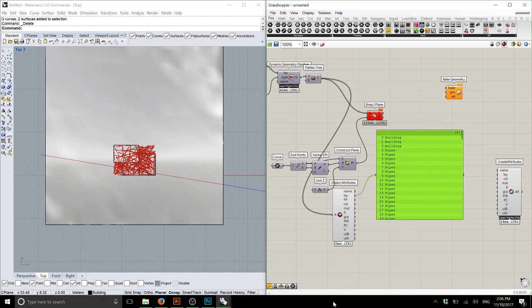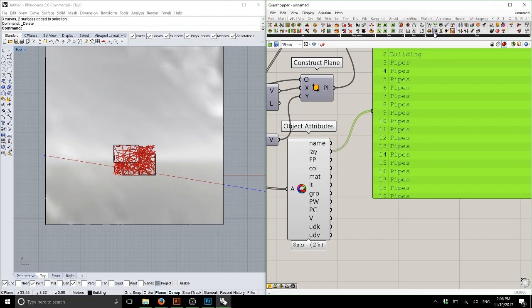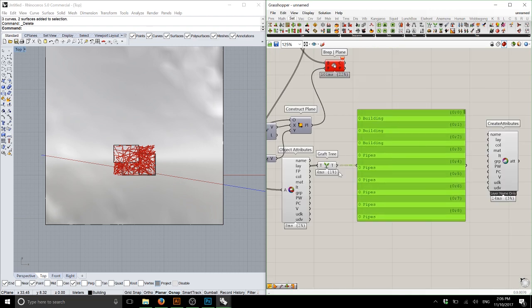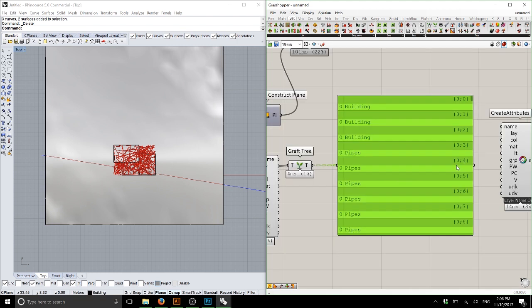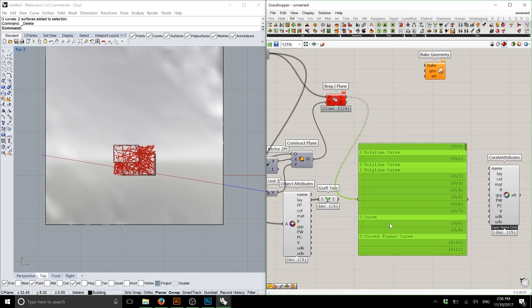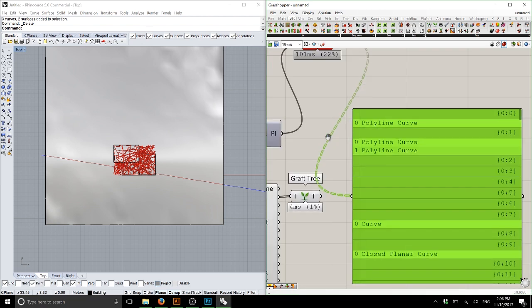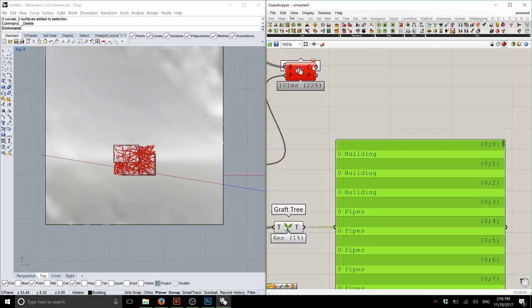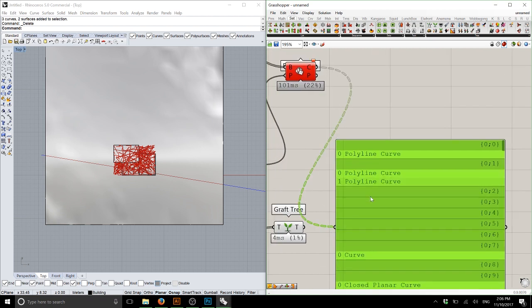The key thing here is if I graft my layers like so, I now have a branch where each layer relates to each object in their groups as they get sectioned. Does that make sense? So group 6 is a pipe. And then here, group 1 is a building, branch 1 is a building, so every curve in branch 1 here is produced by